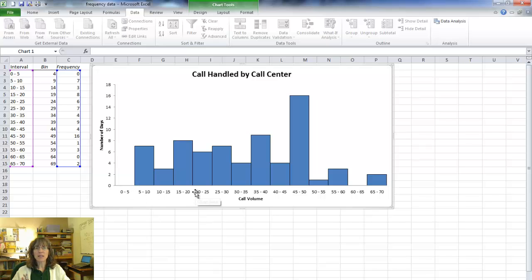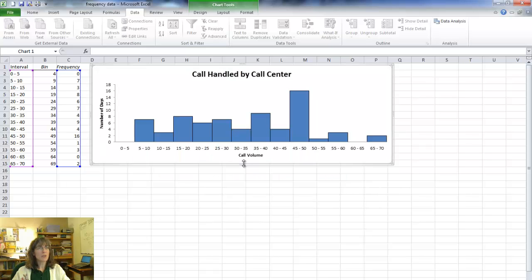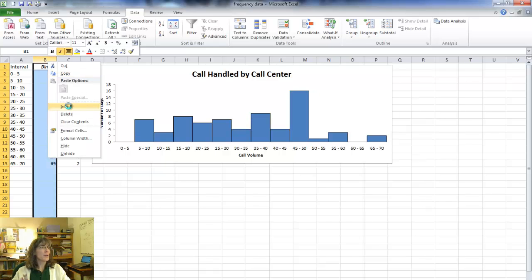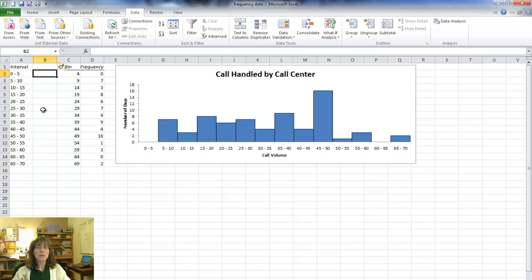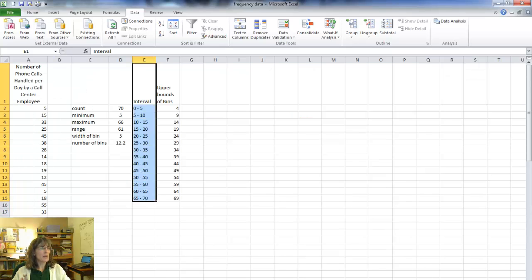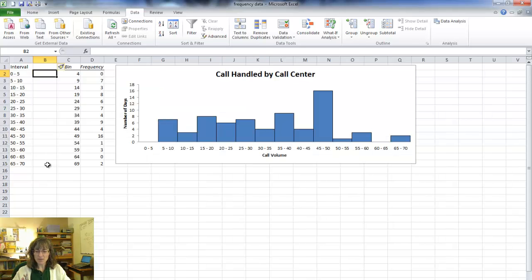I may also want to, instead of putting 0 to 5, 5 to 10 like that, I may also want to put the midpoint like we usually show, and we can do that by just creating the interval. So I can come here, insert. I would like to know what is the exact midpoint. So this first one,